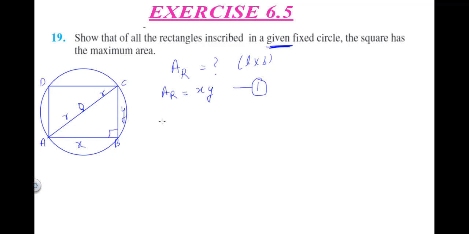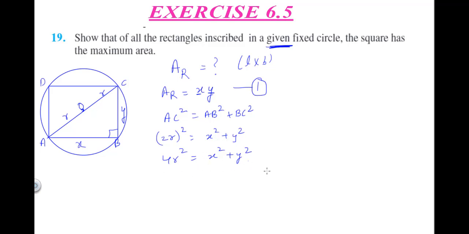So if I use the Pythagoras theorem here, what we have is the circle whose radius I have, and x and y. There are two variables. I have to convert this area into only one variable. So definitely I need the values of x and y in terms of each other. So r plus r will be 2r. I will write AC square is equal to AB square plus BC square. So we will have 2r whole square equals AB is x, x square plus y square. So we have 4r square equals x square plus y square.